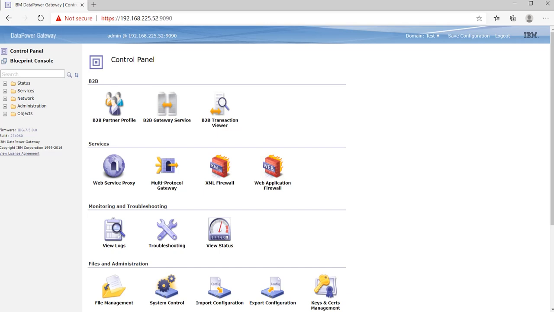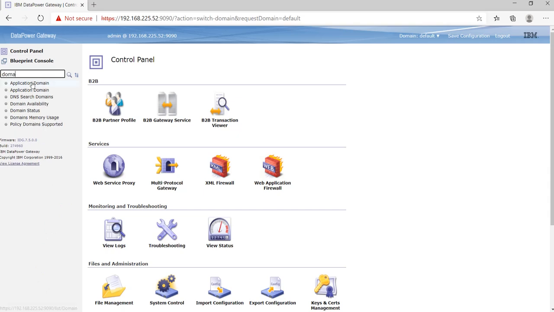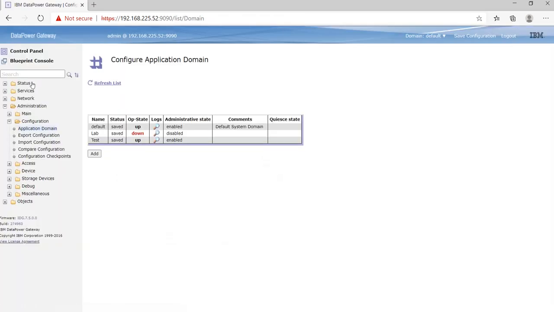To export a domain, let's go into the default domain. Here we'll check all the domains available in our DataPower. We'll go to application domain.